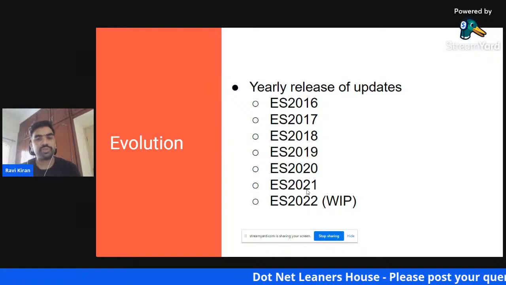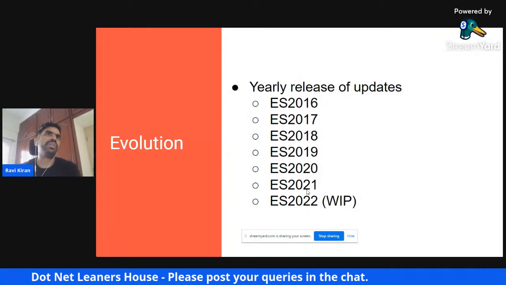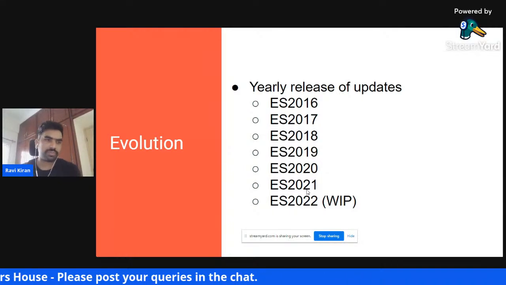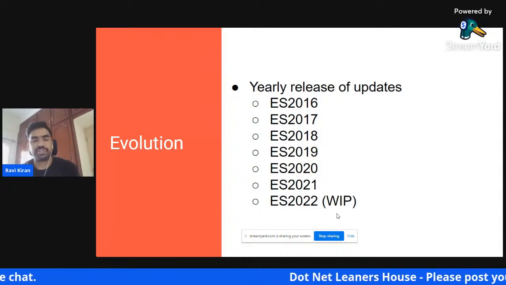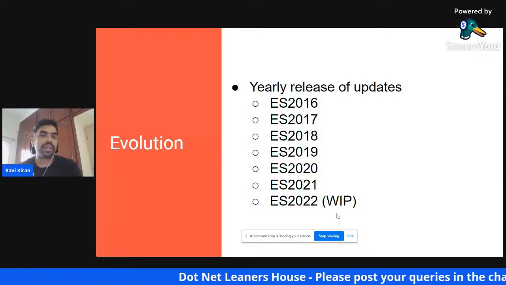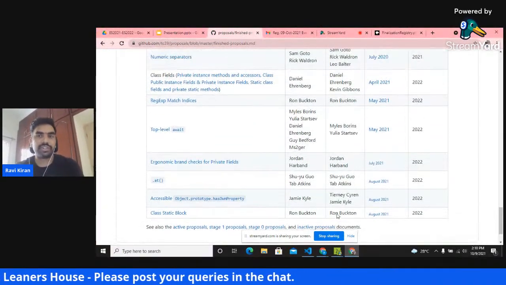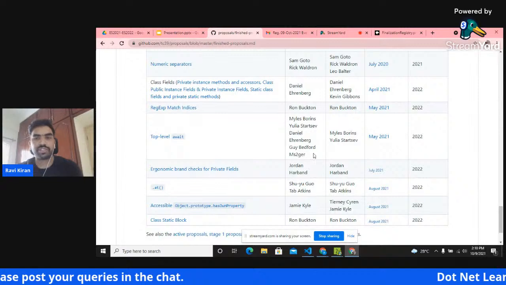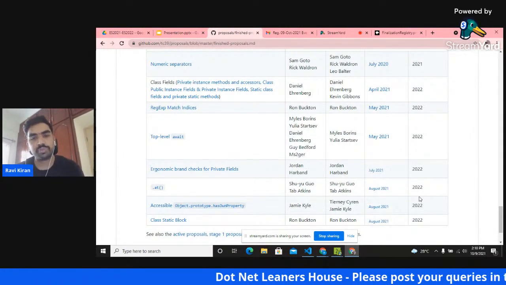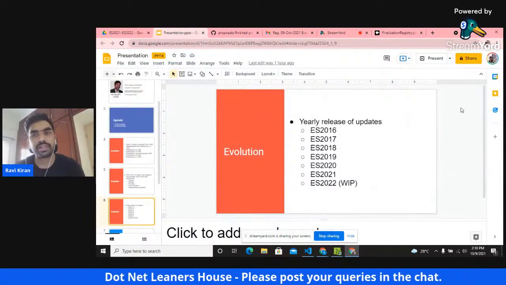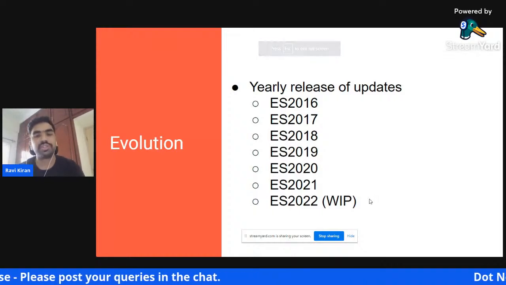The latest release, 2021, was released in June of this year, and all the features are available in most of the major JavaScript platforms, like most of the browsers and also on Node.js. And ES22 is still a work in progress because this will be announced next year. But they have a small set of features that are lined up for the release. Okay, because we see a few features being listed over here as the finished proposal, so we can safely discuss them because they're finalized to be included in the language. And so we are going to discuss both the features of ES 2021 and ES 2022.